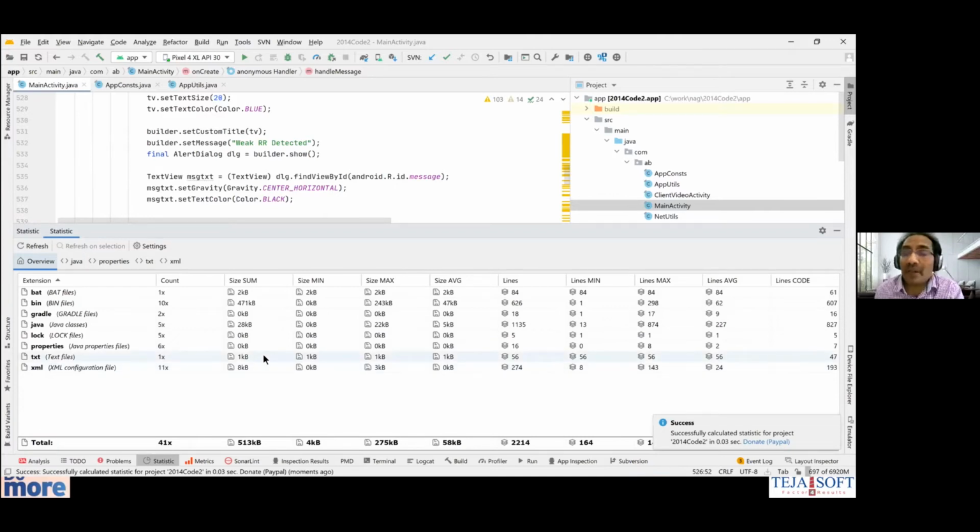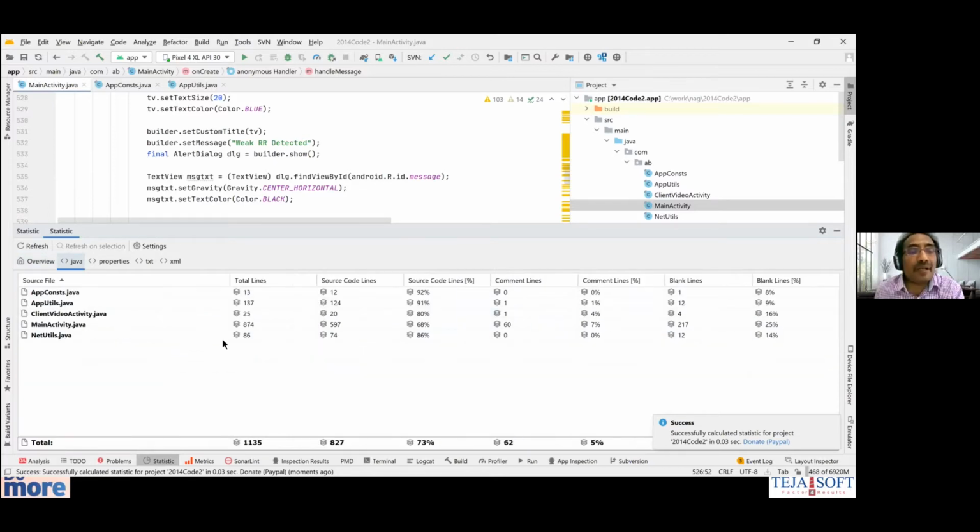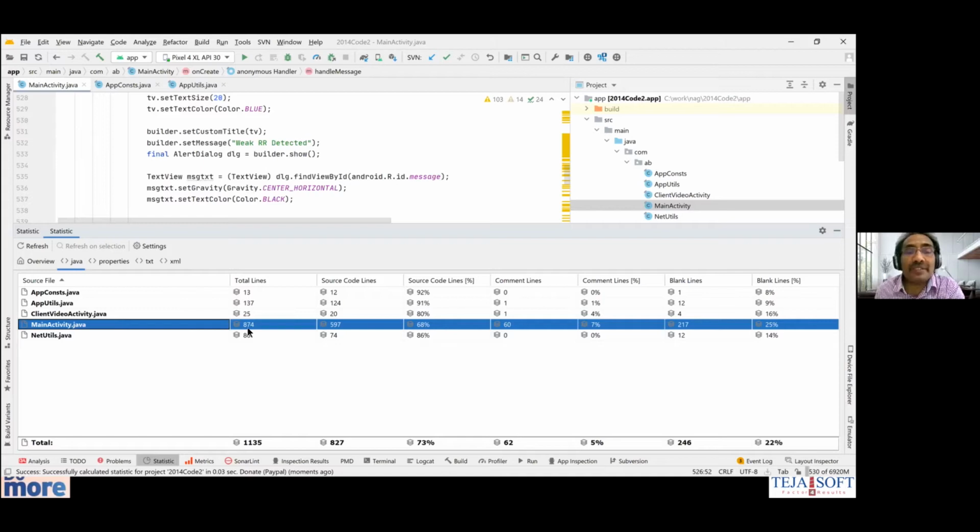I wish all developers would install this as part of the IntelliJ plugins. It gives you minimal information, especially which is the biggest class and the number of lines of code. If you observe this, it is around 874 lines of code, and maybe fewer if you remove the blank lines.